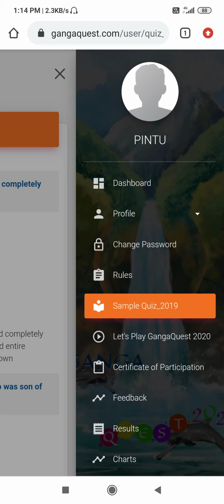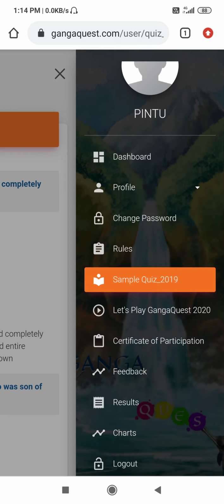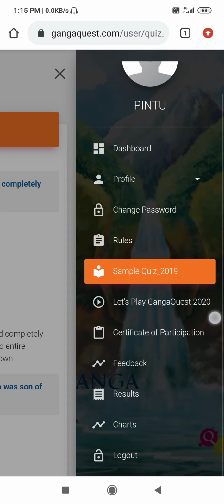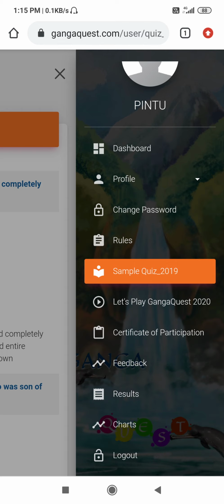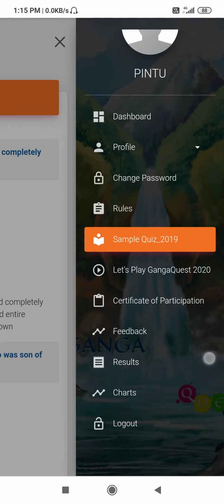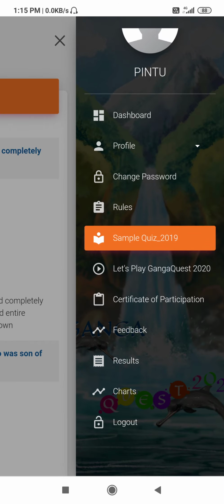When the time finishes, the quiz will automatically lock. So before starting, prepare well and participate. After that, you can download the certificate of participation from here, and you can also see the result from here, how much score you scored.